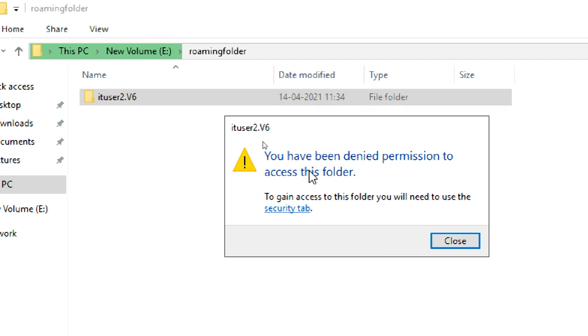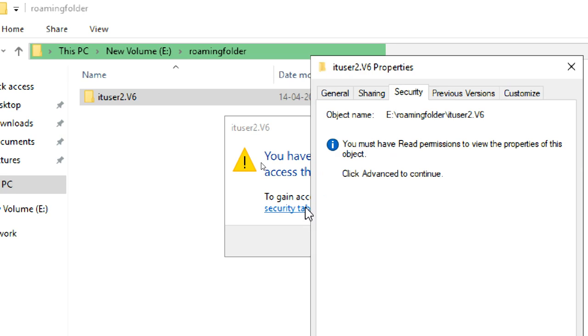No problem, continue. You have been denied permission to access this folder. Even admin cannot access this one. Everyone can access the roaming folder, but profile data cannot be accessed. Completely we don't have any rights to do it, but still we can do it.